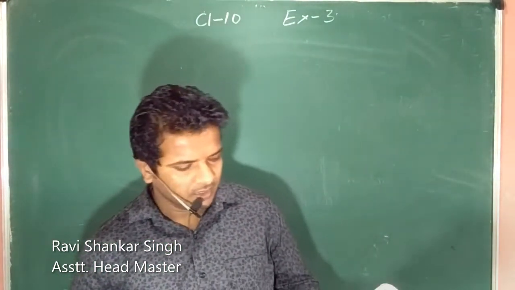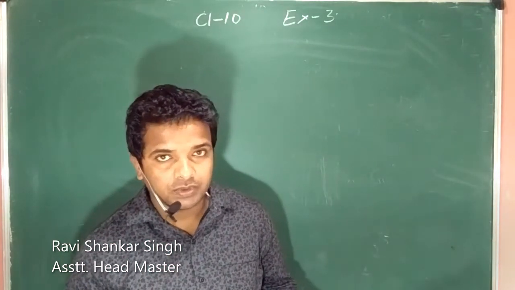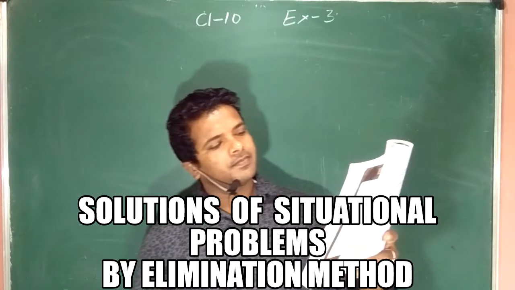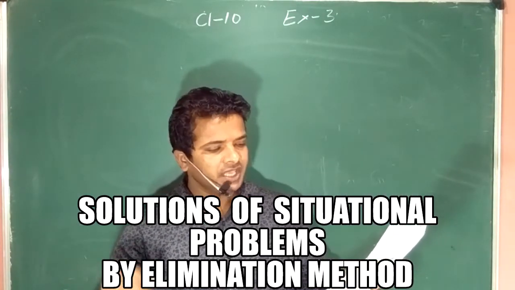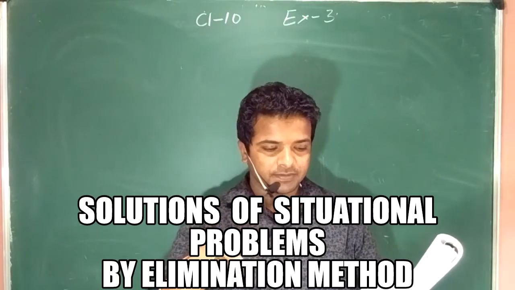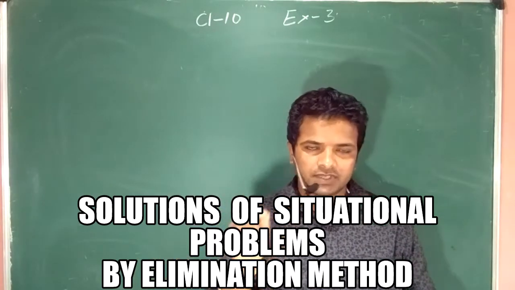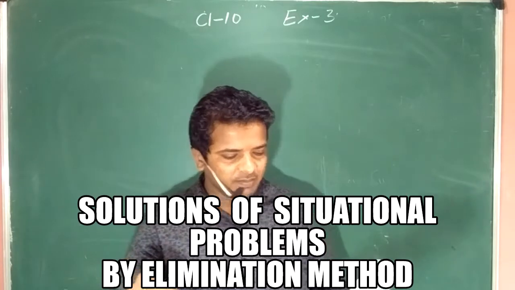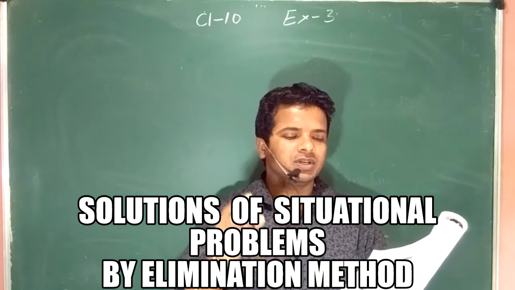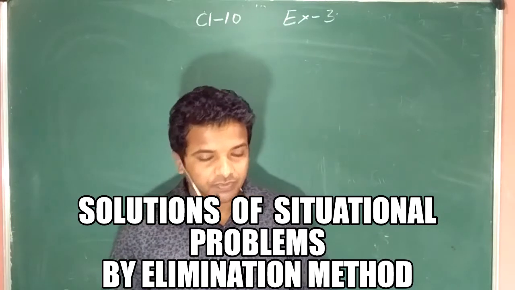Hello students, let us start question number 2 Roman number 1. Question number 2 Roman number 1 says that, as you can see, if we add 1 to the numerator and subtract 1 from the denominator, the fraction reduces to 1. Okay, we have two parts. First part is done, now second part. Second part says that it becomes 1 by 2 if we only add 1 to the denominator. What is the fraction? So we need to find the fraction.